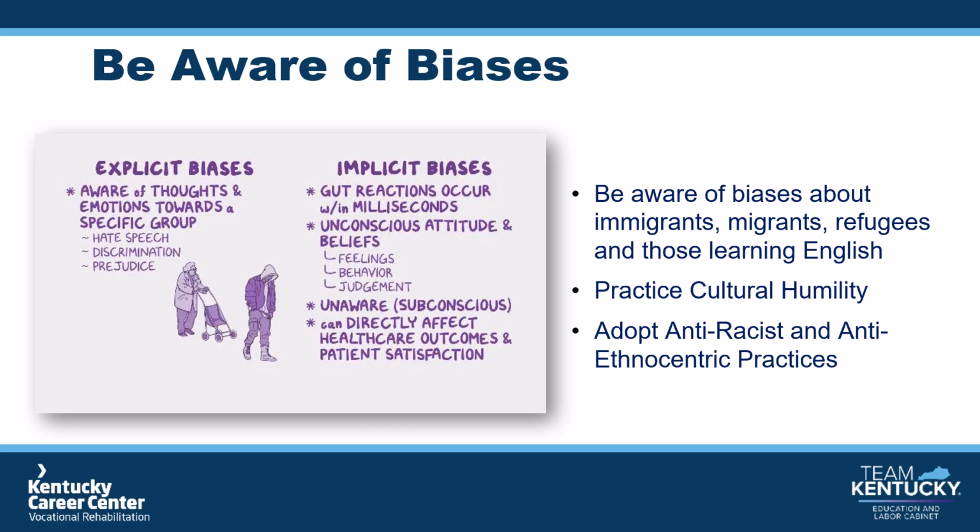Finally, adopt anti-racist and anti-ethnocentric practices. Anti-racism requires active resistance to and the dismantling of systems of racism. Still, this is a broad term. What do we mean? Part of practicing anti-racism is being aware of stereotypes. So, the aggressive Black woman, the uneducated Latinx person, the lazy young person, or the non-tech savvy elder. We are all taught stereotypes, and many seem harmless until we unpack them.